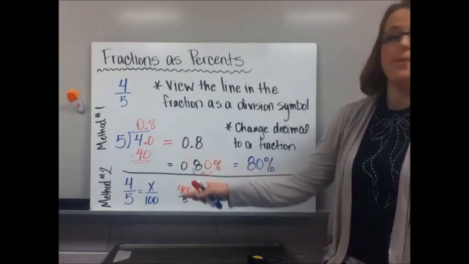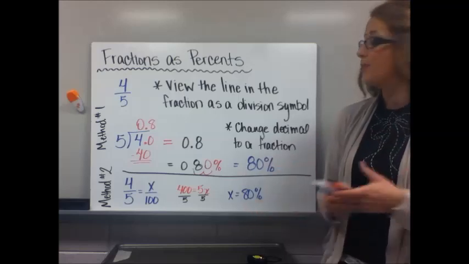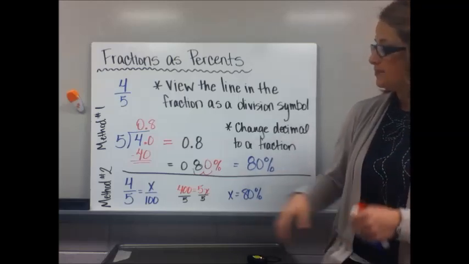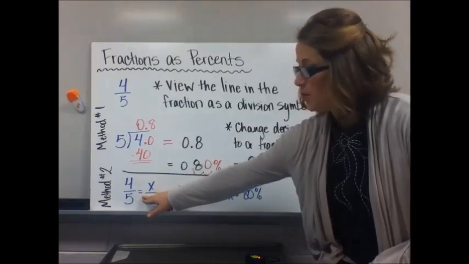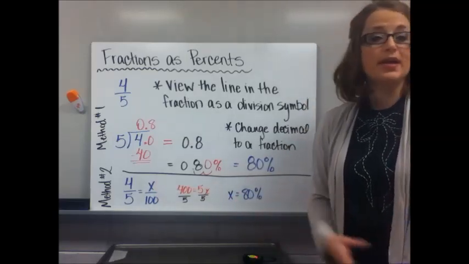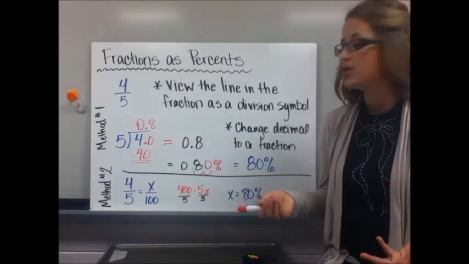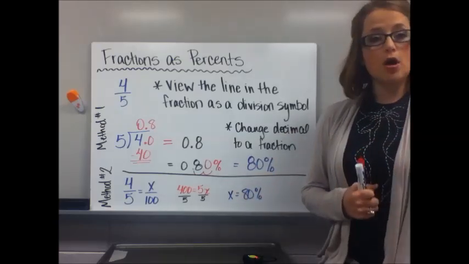Method 2 is setting up a proportion. Now, they may have not called it a proportion then, but now that you know about proportions, this can make a lot more sense. 4 over 5 is equivalent to a number over 100. We put an X there. So probably in elementary school, they didn't use the variable X. They might have had an empty spot or a question mark there. And if you'll recall from